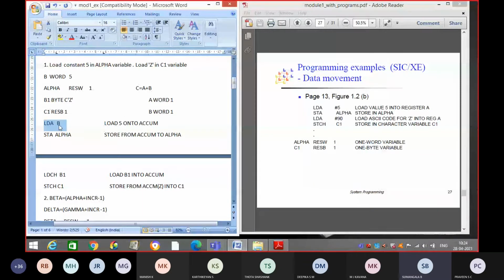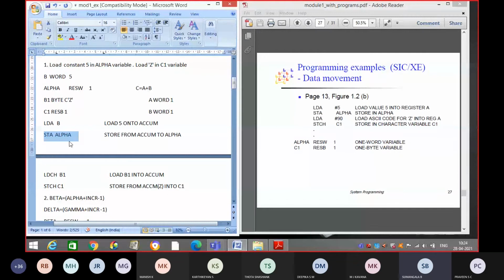Then the next statement is STA alpha. When we say store alpha, the contents of the accumulator, that is nothing but phi, will be loaded onto alpha, right? That means we are storing the constant value in some variable first, and later we are using it, right?